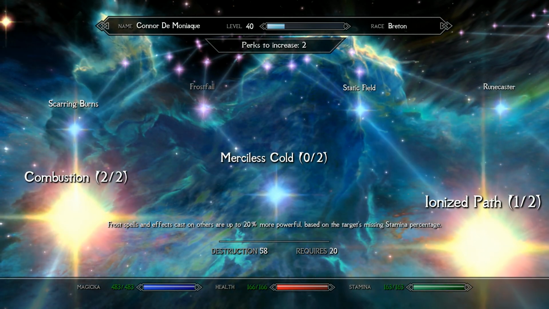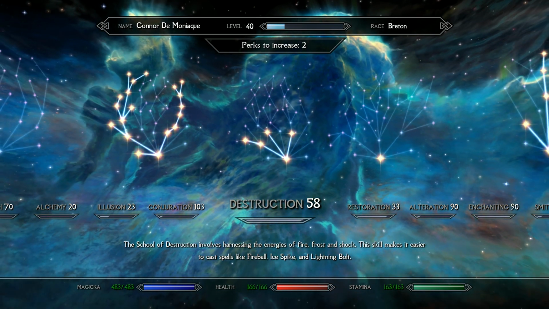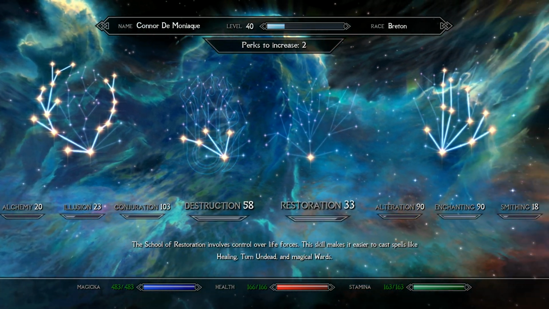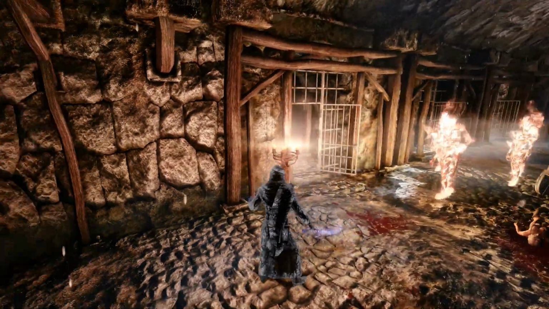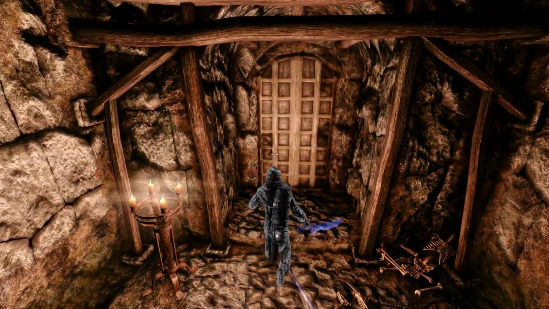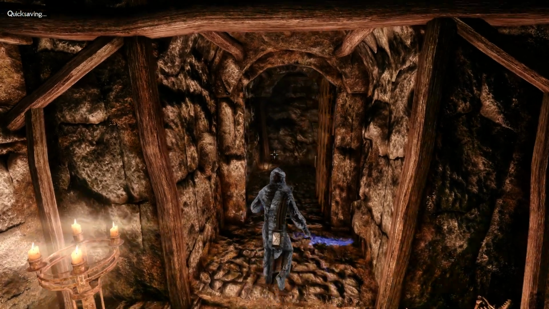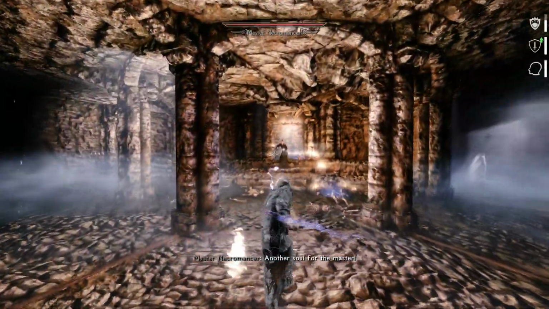So we have another 3 perks that we can spend in Merciless Cold and Ionized Path. But we're going to go ahead and keep 2 perks banked for the Home Mythal Dimensional Door perk later on. Okay, let's continue. Now our Spark spell should be a little more...